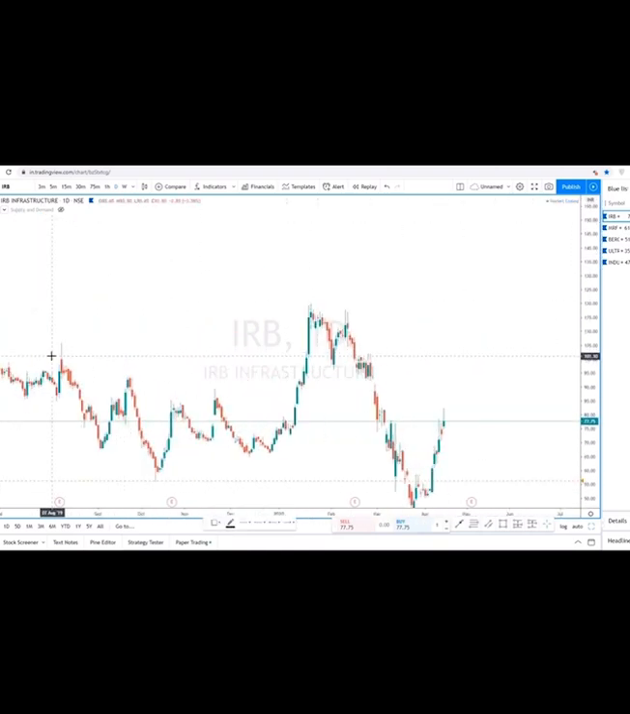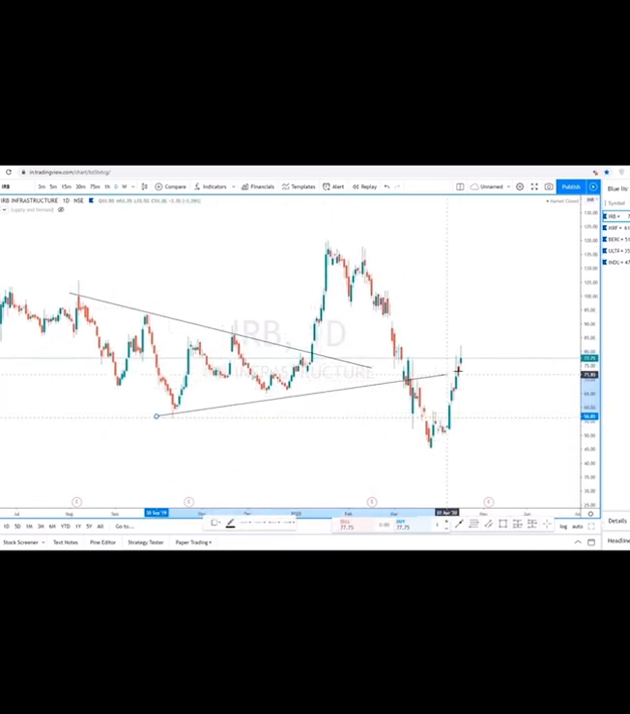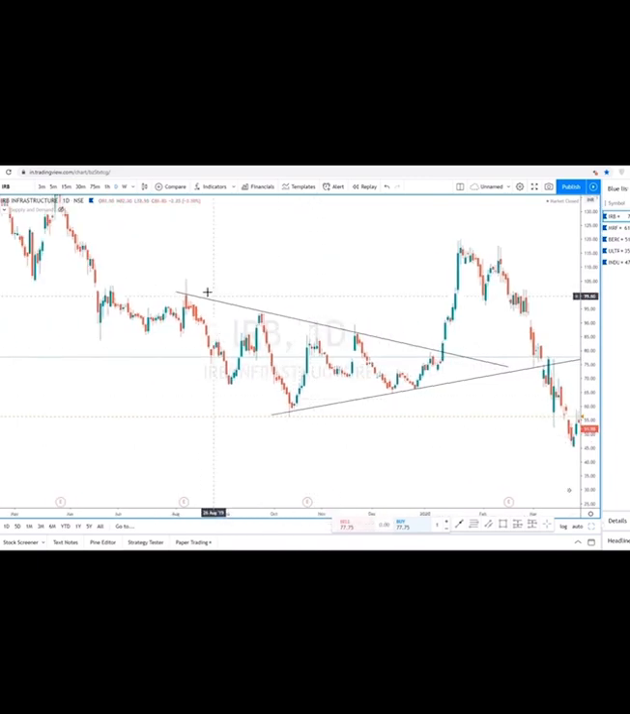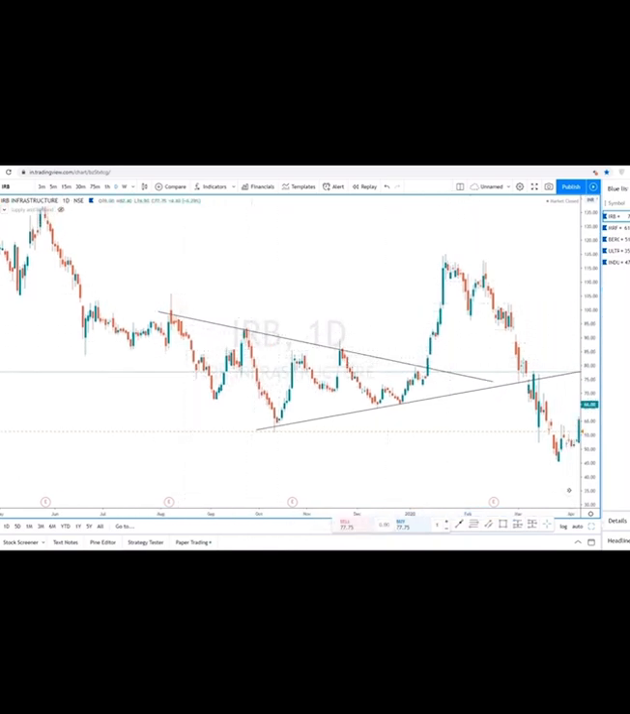What I see is, this is what I see. Okay, very beautiful triangle pattern. Look at the breakout right after the triangle is broken. Okay, psychology: the stock is coming down and it is moving up, and here they are not waiting for 98